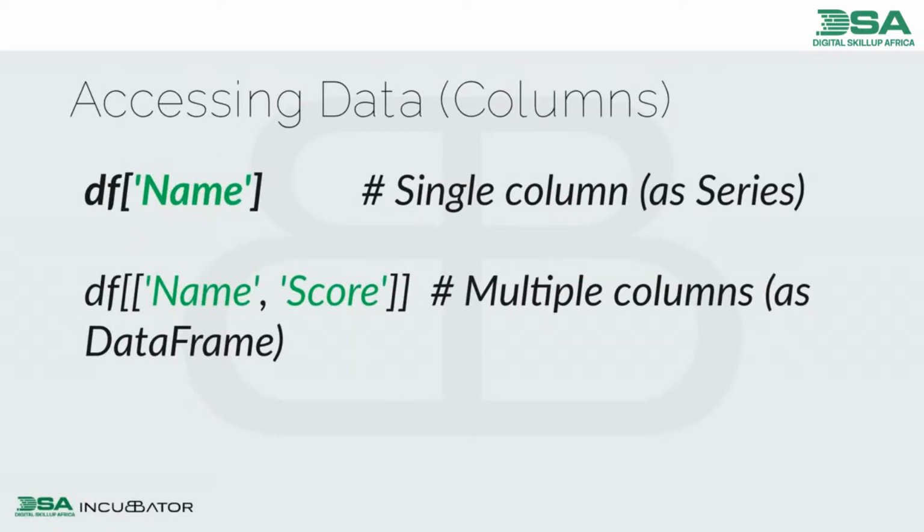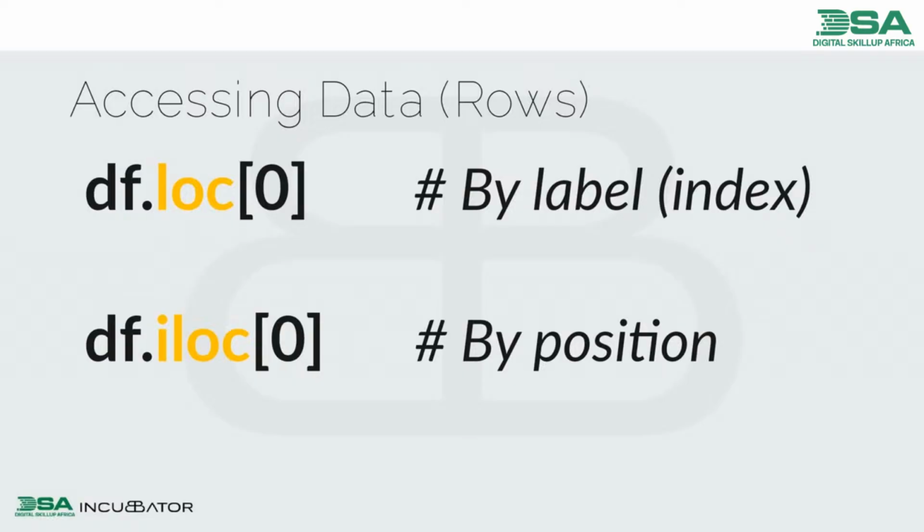All right, then how do you access some data columns? You can call the name, you can call the score and the name. You can also access by location. At what location? Is it 0 or what? Is it by position? So these are things that I expect us to have tried out.